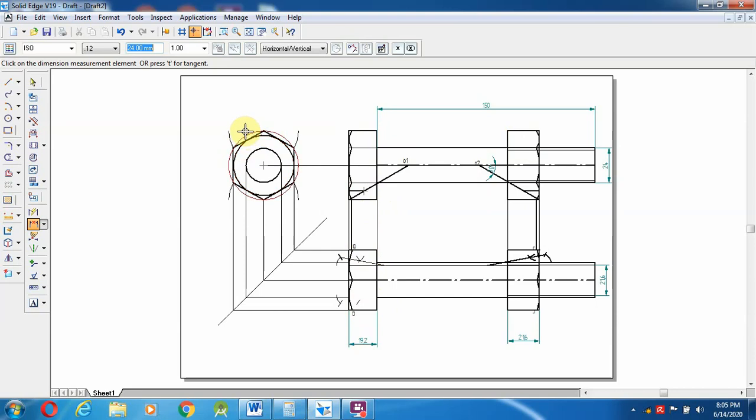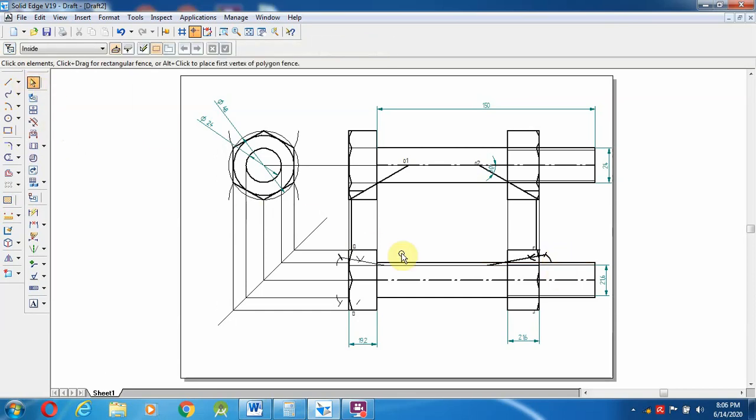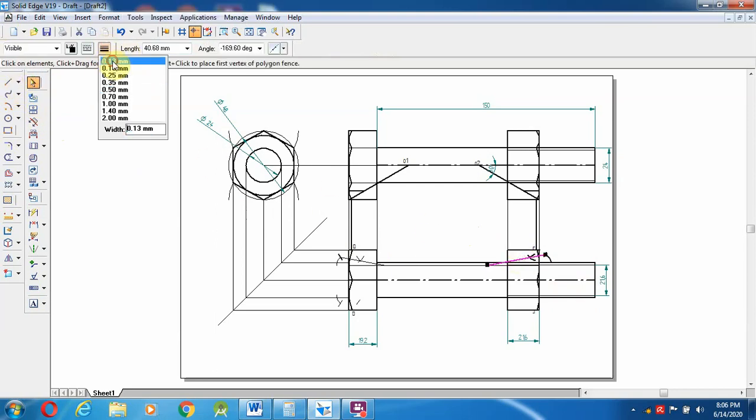Select your smart dimension. So this will be 48, and this will be 24. Like this you have to give the values over here. In this manner you have to draw the hexagonal bolt. Okay, so this is the thing you have to remember. 0.13 mm. Even these arcs also you have to change to 0.13 mm.